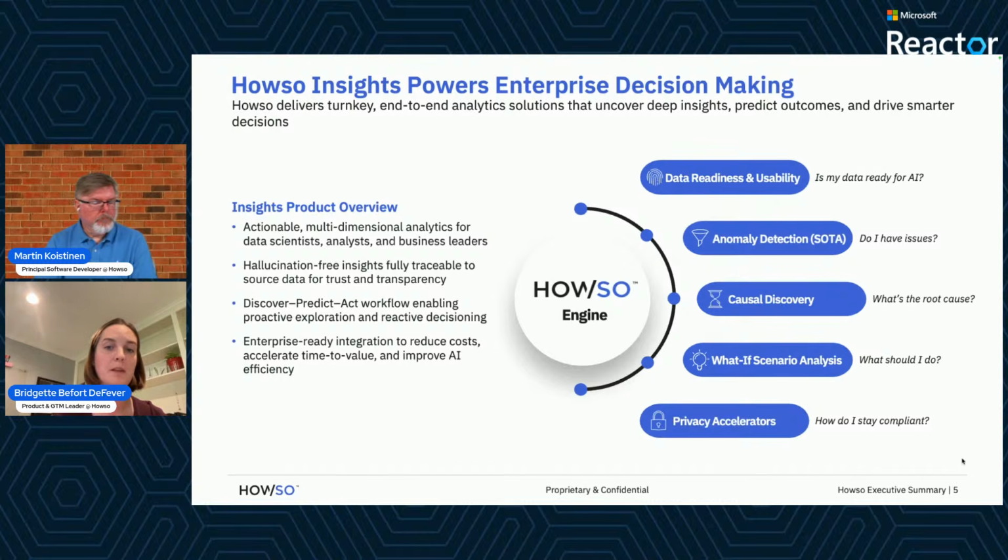Finally, our last capability is what we call privacy accelerators. Our algorithm allows us to uniquely create synthetic data that is totally private and fully statistically accurate back to the real data. Along with that, we have validation capabilities that provide the opportunity to look at the quality and the utility of different data sets. And with that, we have a watermarking capability, which embeds a digital fingerprint into data sets so that you can track their lineage for governance purposes.